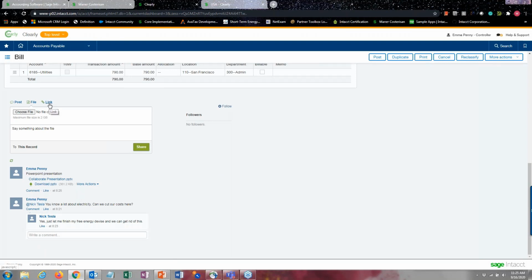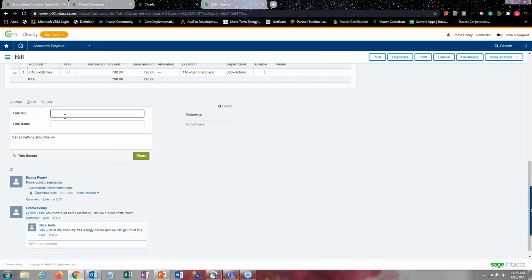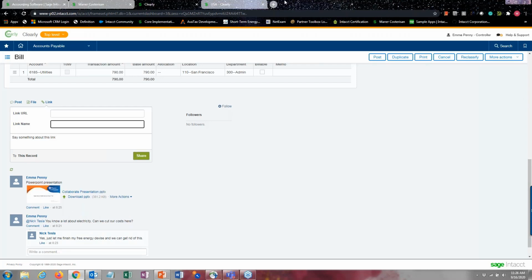Or you can also link a URL and then you assign it a name. So let's just say maybe your company uses SharePoint or something like that, and there's a particular SharePoint URL that you want to direct your people to when they click on it. Just for the sake of showing you what it looks like,